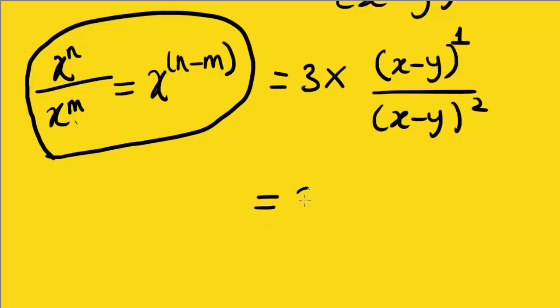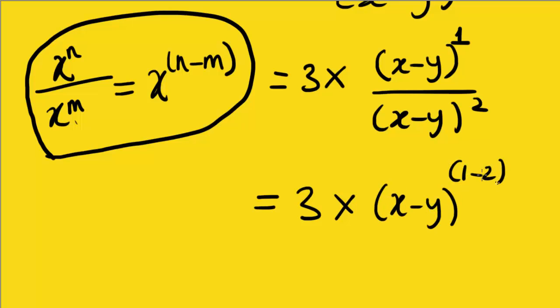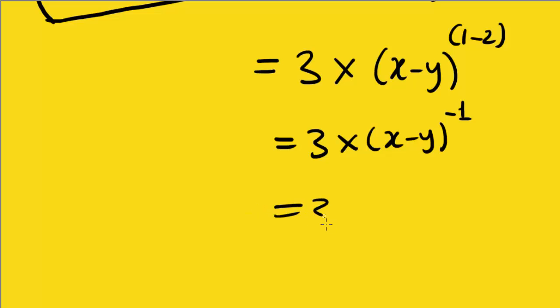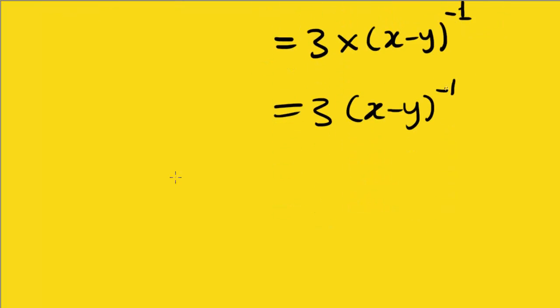So applying the law, we'll have x minus y to the 1 minus 2, just simply following this. You get 3 times x minus y to the 1 minus 2, which is minus 1. So we have 3 into x minus y to the minus 1, which is the same thing as 3 over